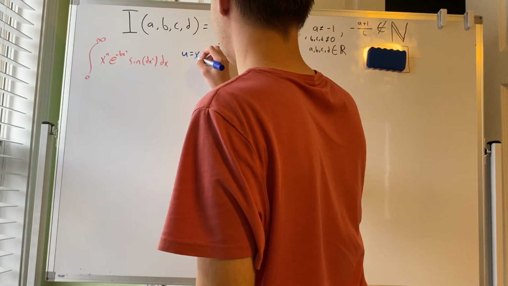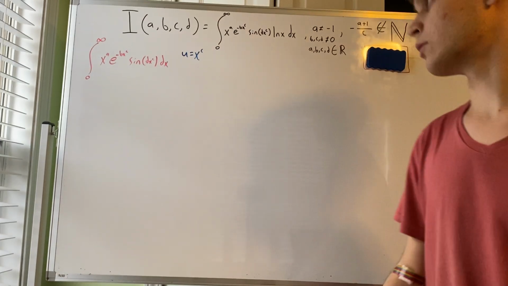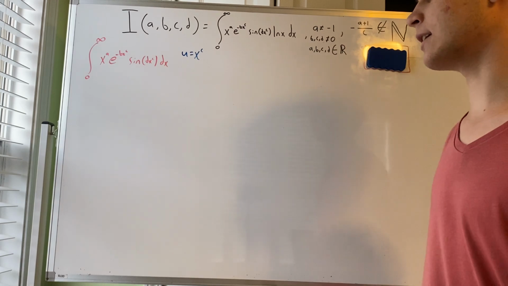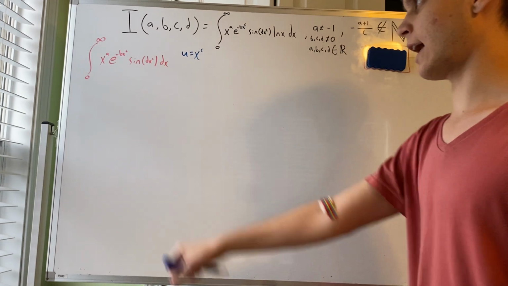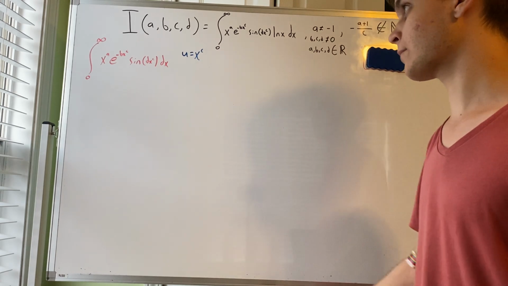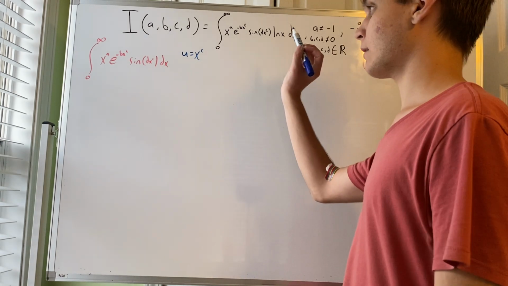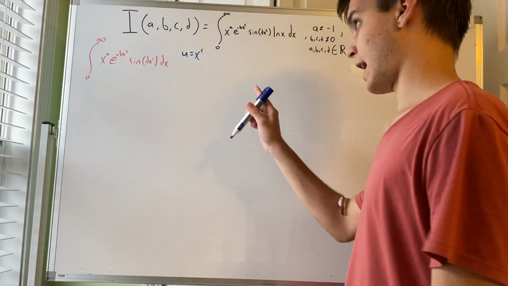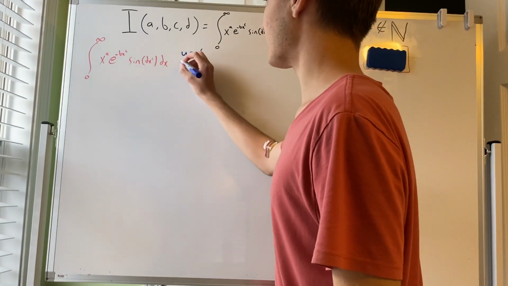Let's set x to the c equal to u, so that at least we can remove any sort of pesky exponents inside any arguments. So this means that u to the 1/c is x, so then we differentiate both sides. That would give us